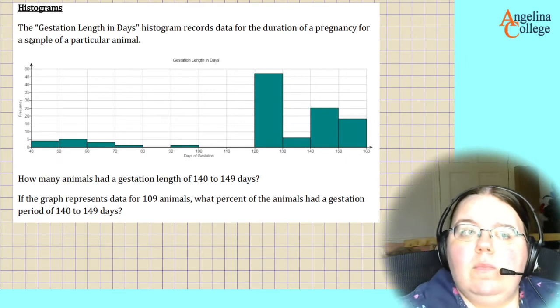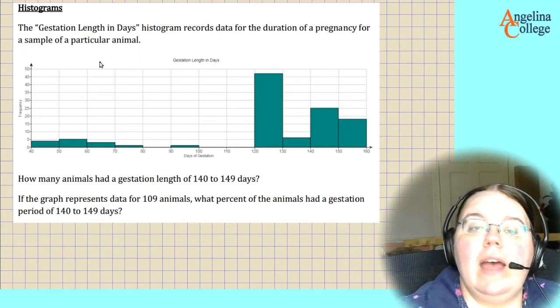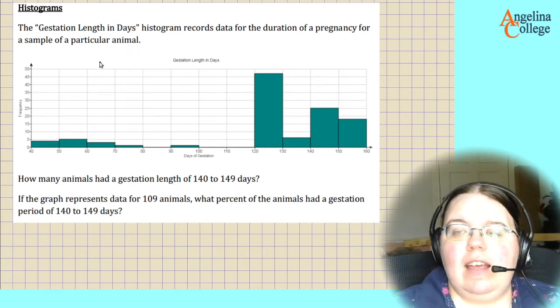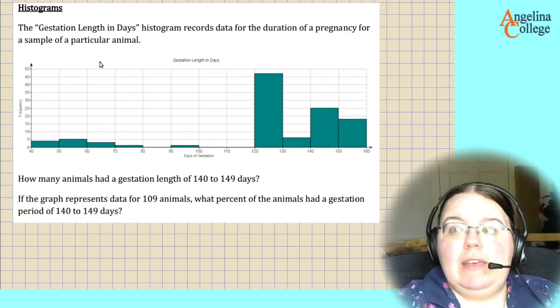And we're told that the gestation length in days histogram, labeled right there, records data for the duration of a pregnancy for a sample of a particular animal. I don't know what species this is. It didn't tell me in any of my materials or right in this problem. If you want to try and find that out, maybe find some species that would be consistent with this,